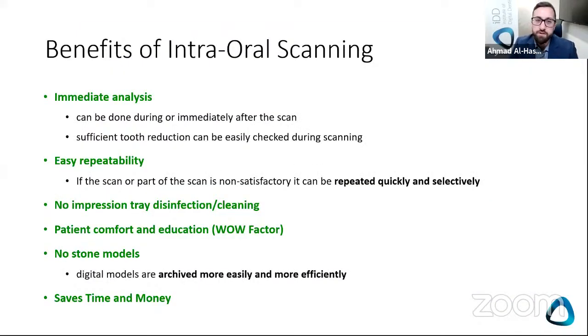Now, the benefits of intraoral scanning. Before we get into how to take a perfect scan, immediate analysis: you can check instantly. You don't have to wait for the impression to set. That's the worst thing in the world, waiting for the impression to set, pulling it out, and there's an air bubble. You can't fix it. Easy